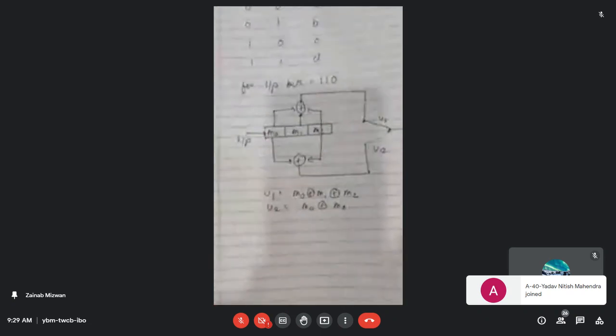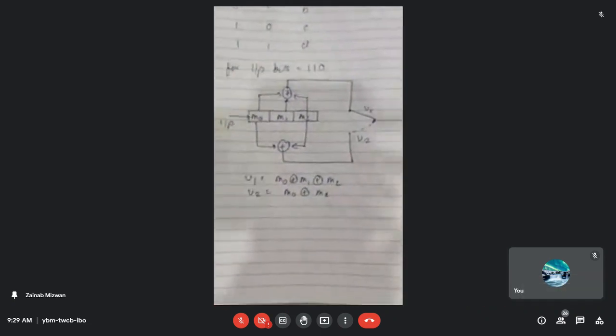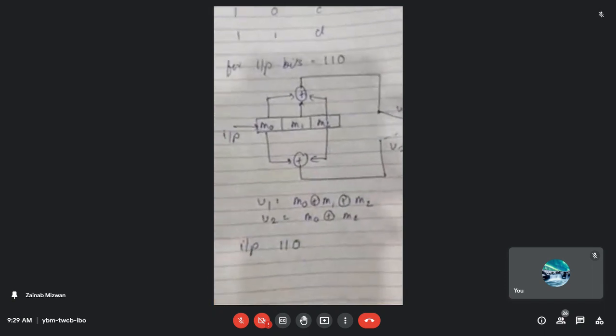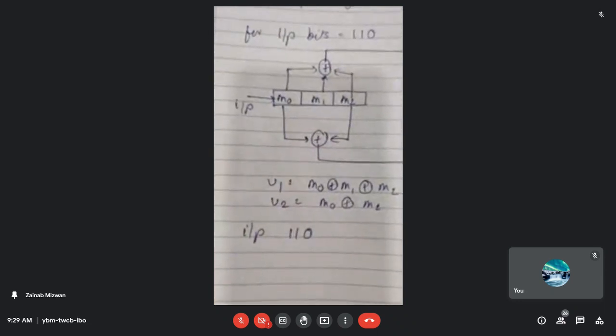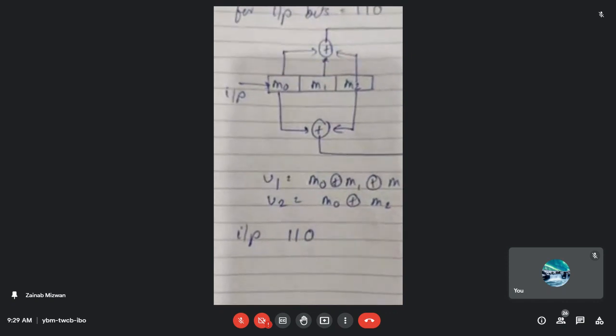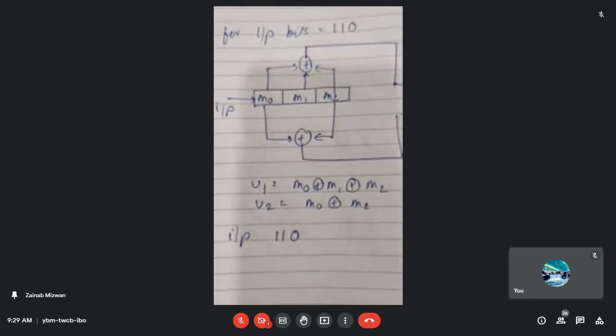Now suppose I'm just going to take a 3-bit sequence. We are not going to take such a long sequence for sending the data. Let our input bits be 110. We will keep this 110 in mind. First of all, we are going to draw the state diagram, and then we will be drawing the code tree. First we will see what a state diagram is and how to draw it, and then we will see what is meant by the code tree.